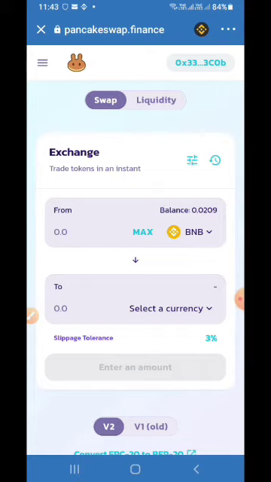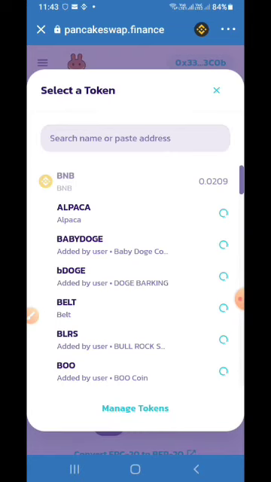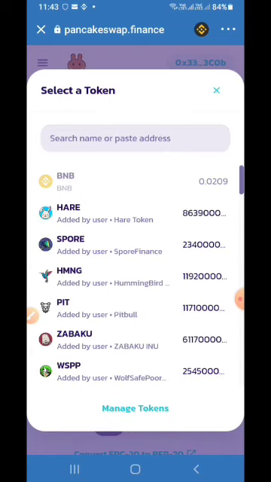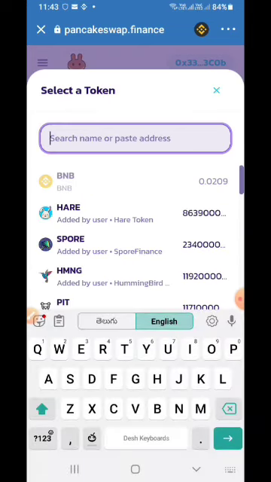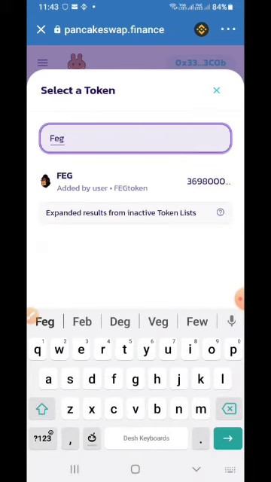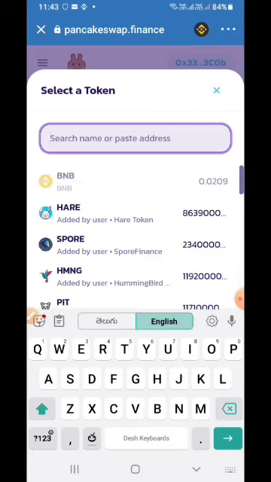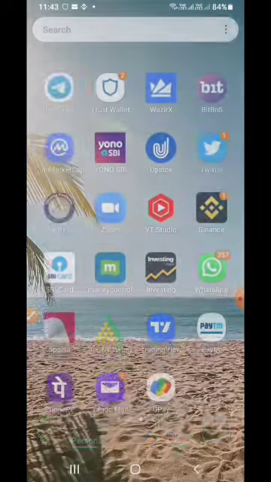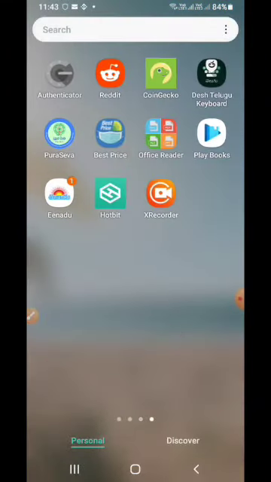Select the currency. If the coin is not available, you can copy the contract address from coingecko.com or the CoinGecko app. Before that, you can install the CoinGecko app or browse through the net.